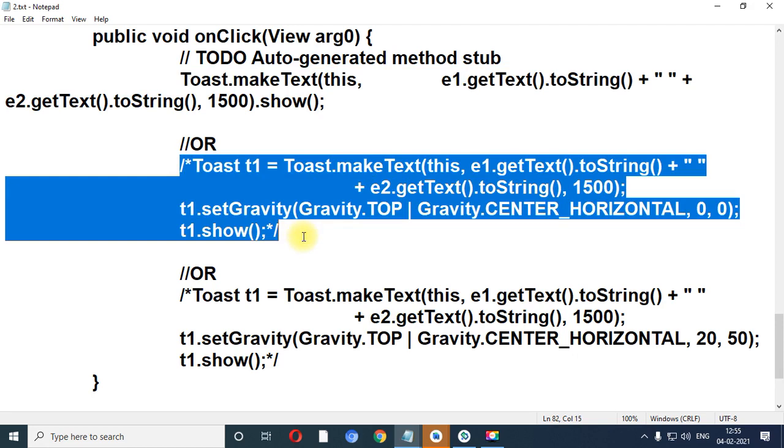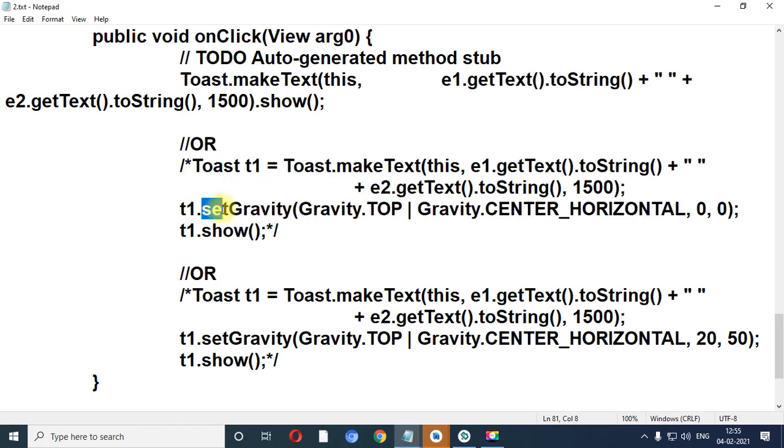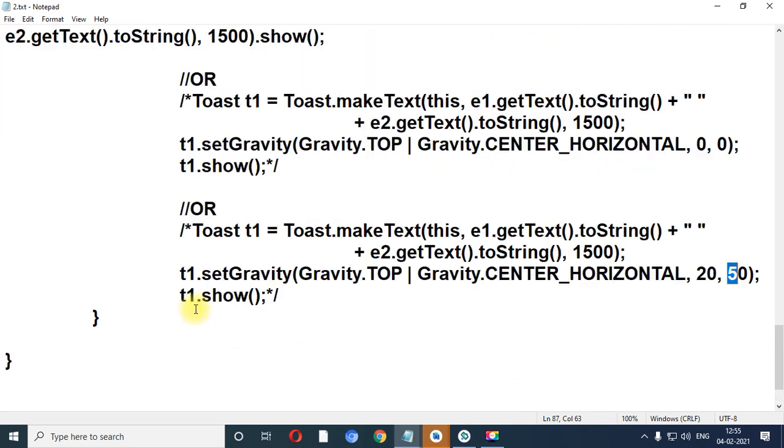This is the second way, using which we can use the set gravity method, but don't use the show method over here. And this is the third way. Over here we have used the x coordinate or x offset and y offset. So this is the second program.